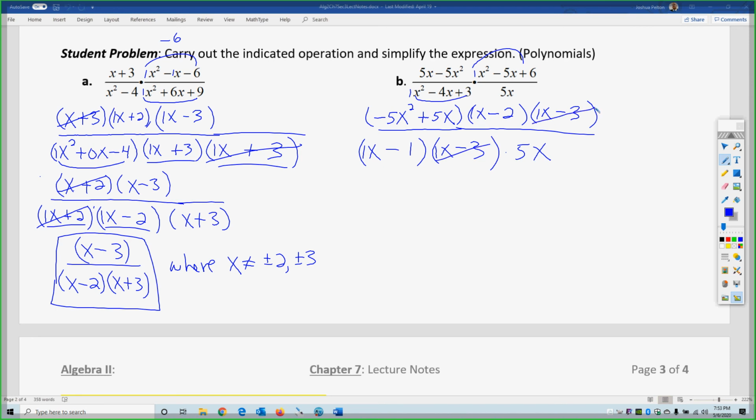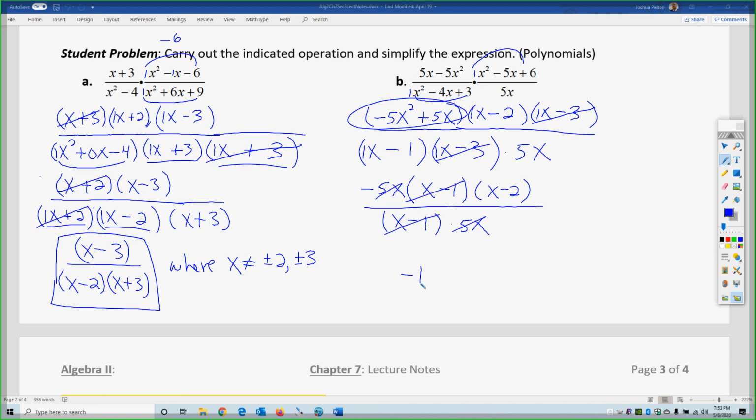So the last term with the 5x's, they have a negative 5x in common that I can factor out. So that leaves me with x minus 1. Okay, so after I do the factoring out from this term, right, the negative 5x, x minus 1 cancels, the 5x cancels, so I'm left with negative 1 times x minus 2,